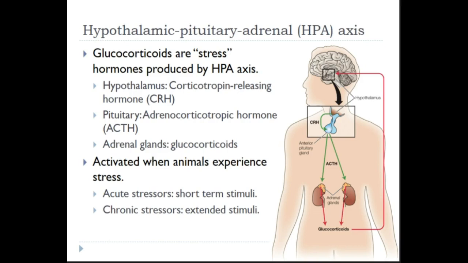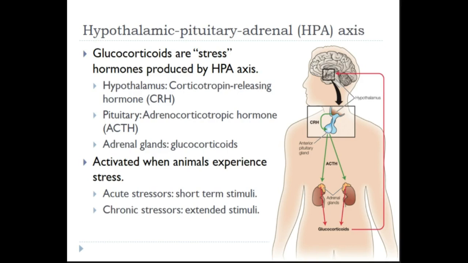The last axis is this one that I want to talk about. I mean, there are others as well. There's one involving the thyroid gland. There's some that are related to growth hormone. This one is called the hypothalamic pituitary adrenal axis, or the HPA axis. And if you've taken much psychology, there's a chance you've talked about this one because this one seems to be really important in humans, especially when you start talking about anxiety disorders and other kinds of mental disorders, that this axis can be involved. And the reason, in part at least, is that this is basically our stress response axis.